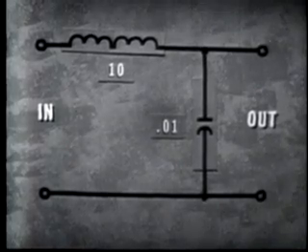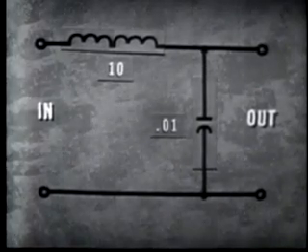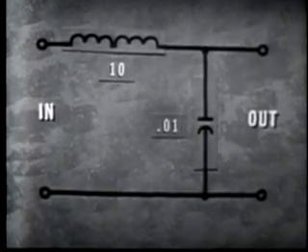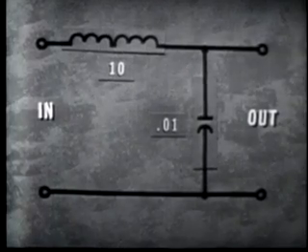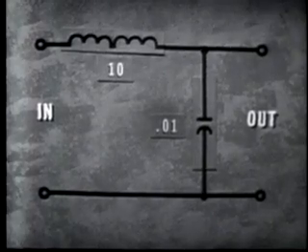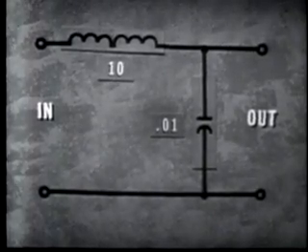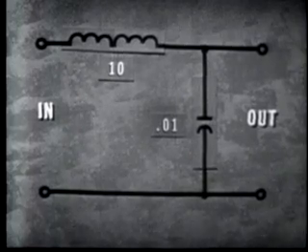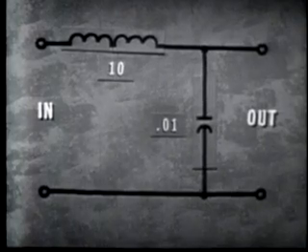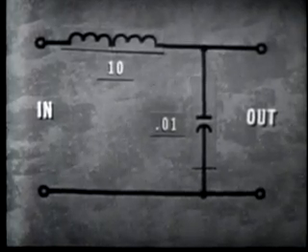Now, changing the value of any of the components in the circuit will cause the filter to affect a different range of frequencies. However, there are a number of modifications we can make to this circuit without changing total inductance or total capacitance. And if we don't change the total values of L and C, then the filter will still affect the same frequency range. For example,